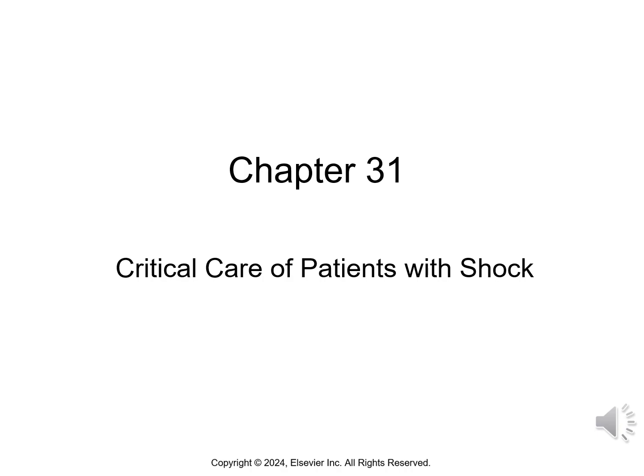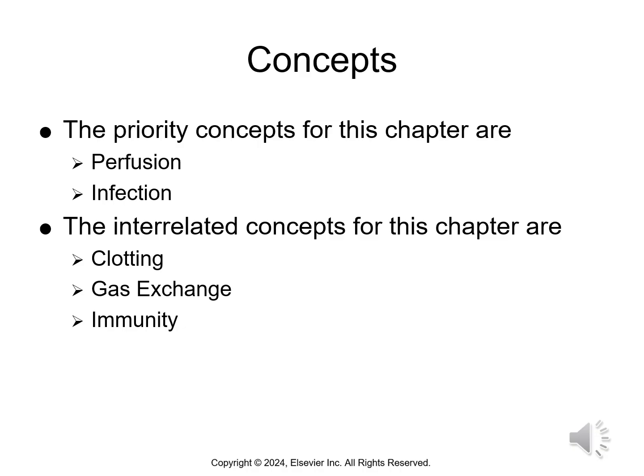Chapter 31: Critical Care of Patients with Shock. The priority concepts for this chapter are perfusion and infection. The interrelated concepts for this chapter are clotting, gas exchange, and immunity. Any problem that impairs perfusion and gas exchange to tissues and organs can start with the syndrome of shock and